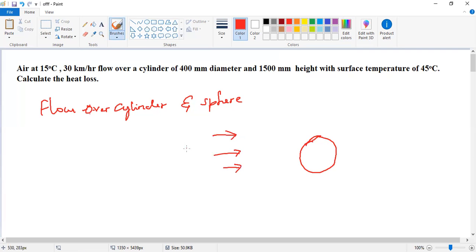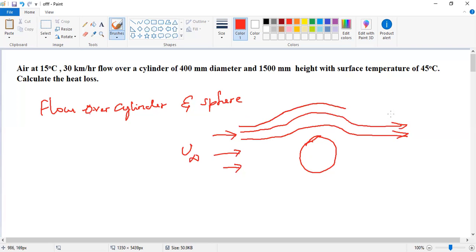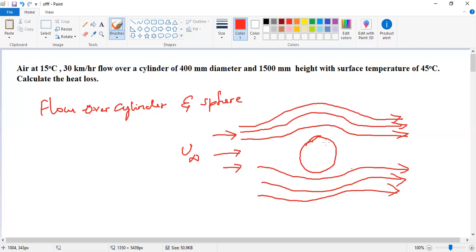We already saw the boundary layer thickness on the flat surface. So we take it as u infinity, the streamline velocity. At this stage, the flow is in this direction, and then another flow in the region like this. Similarly, the bottom layer. In this layer, the surfaces are there and taken like this.